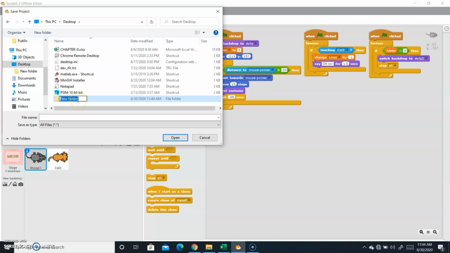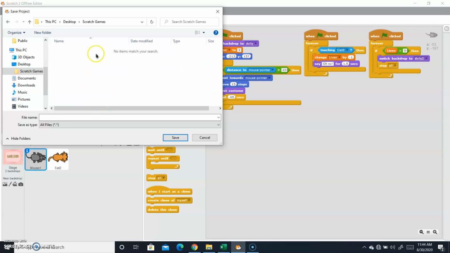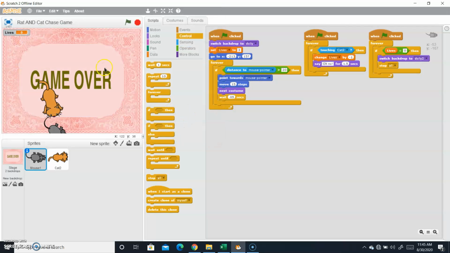I will name it scratch games, and open the folder, and now I will type this game name: rat and cat chase game. Save. Now you can see we have made our game.